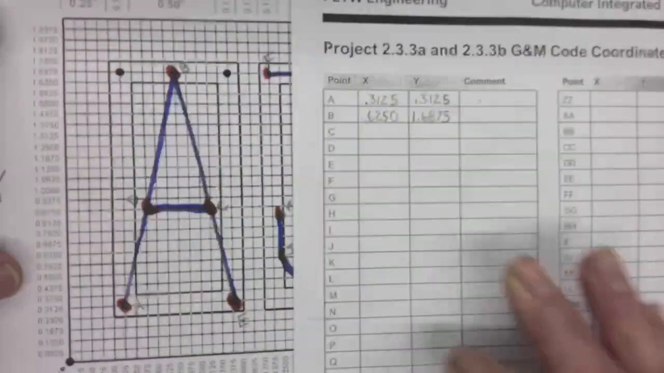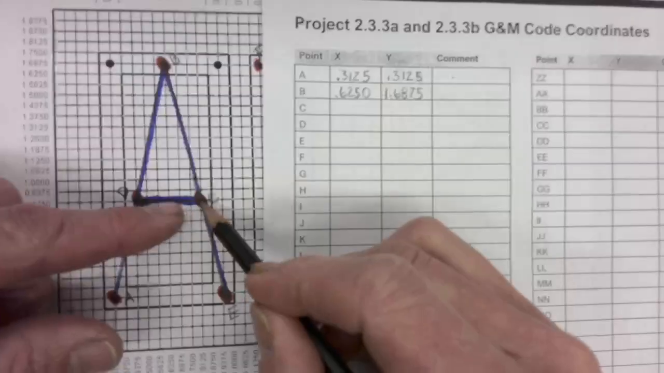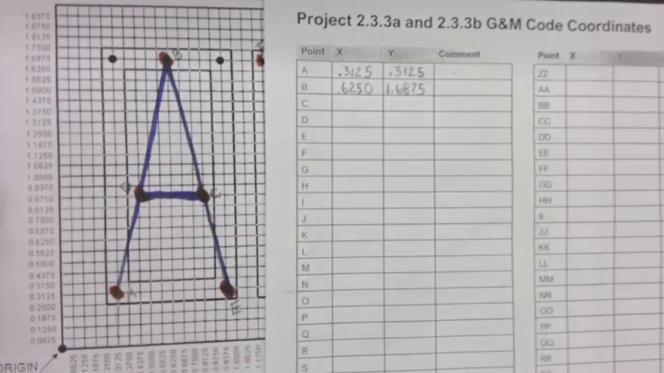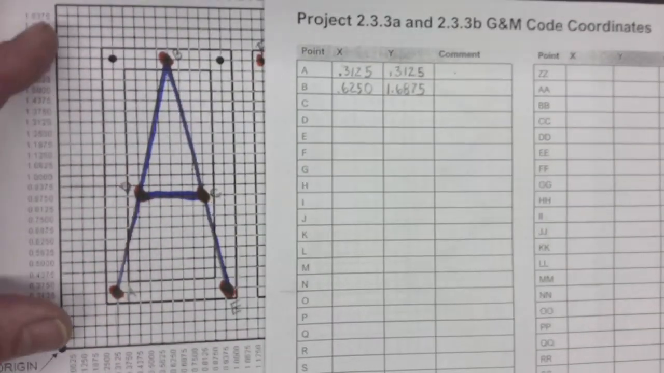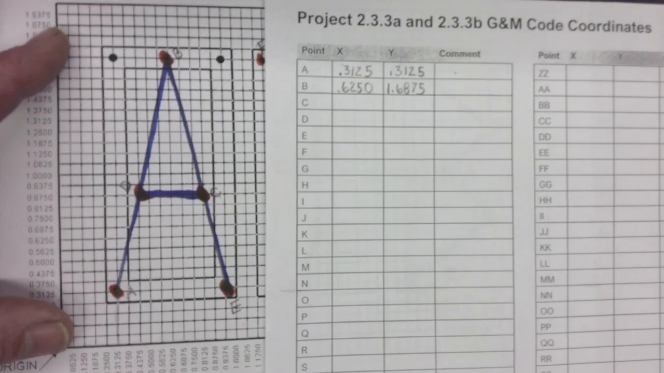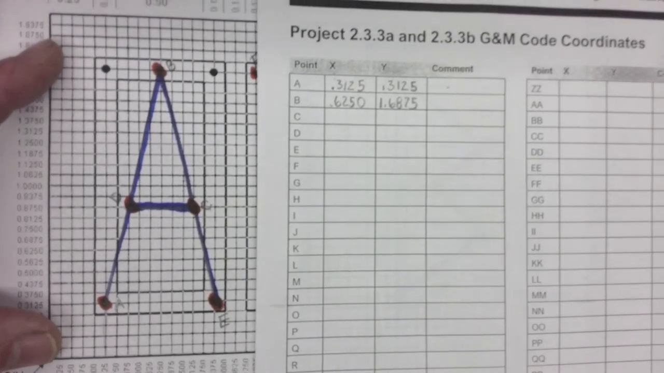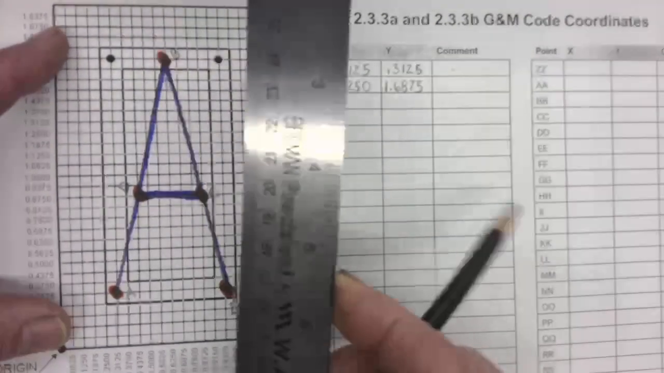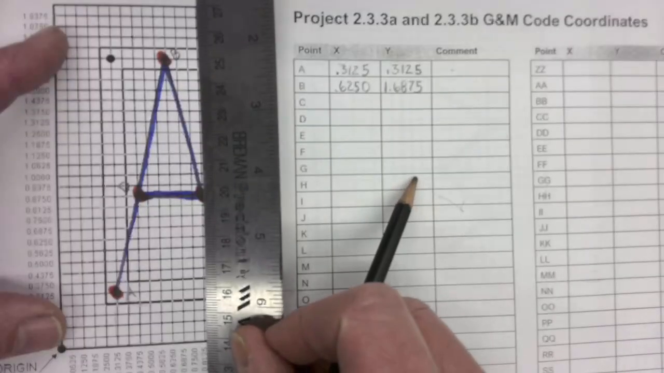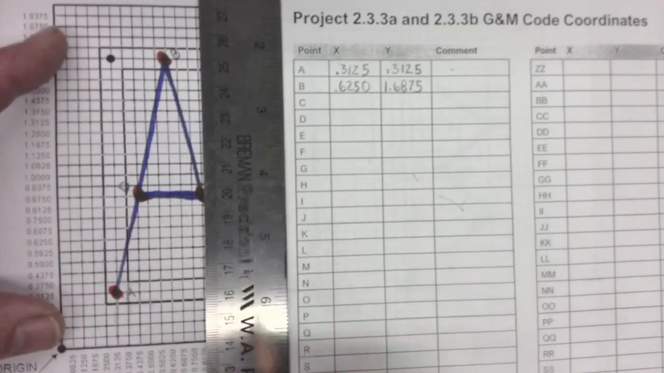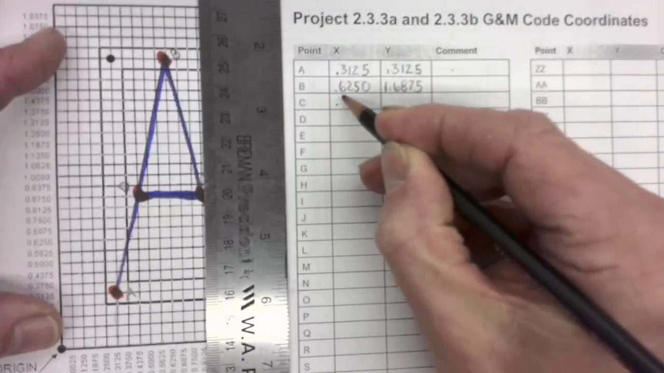And then I'm going to come back, and then go down to C, over to D. But you just need to have the X and Y coordinates for each of your letters. So you don't really need to watch me do all these. Maybe I'll just do a few more. So point C is 0.8125 on X